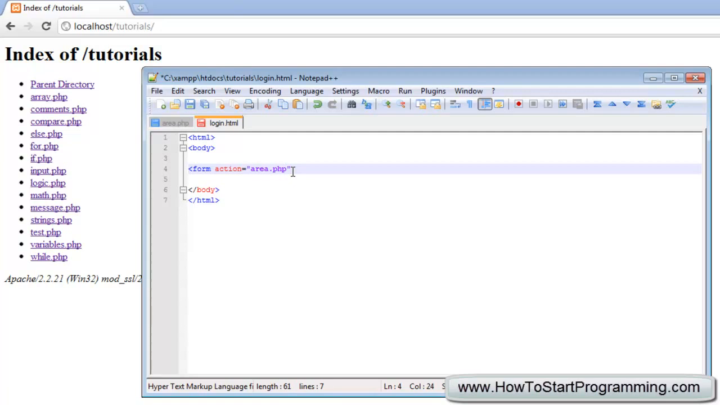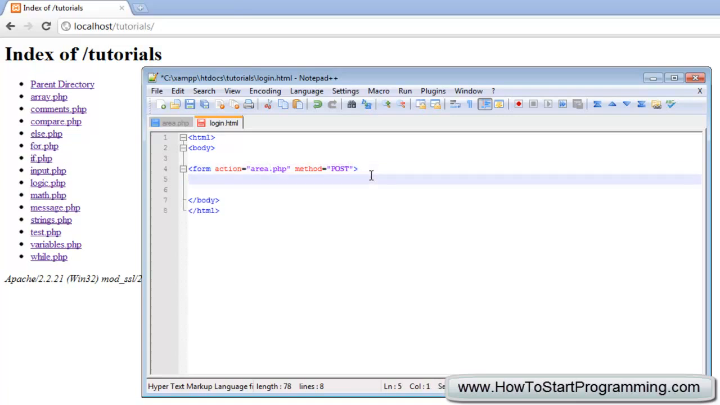So the action of this is to send to area.php, and this time the method is not get, it's going to be post. So we're just telling the form that the method is post, and then the action is area.php. Then we need to create our two text boxes, so we're going to put bold username